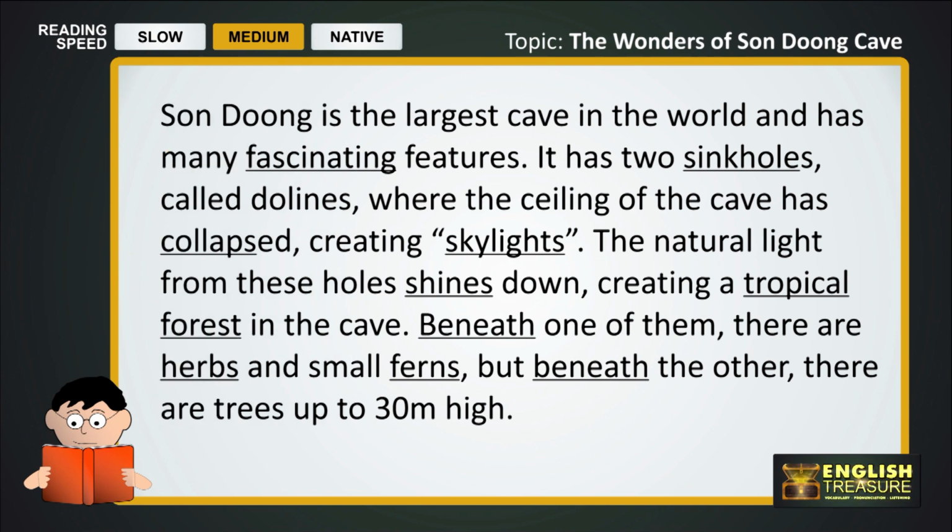Son Doong is the largest cave in the world and has many fascinating features. It has 2 sinkholes called dolines, where the ceiling of the cave has collapsed, creating skylights. The natural light from these holes shines down, creating a tropical forest in the cave. Beneath one of them there are herbs and small ferns, but beneath the other there are trees up to 30